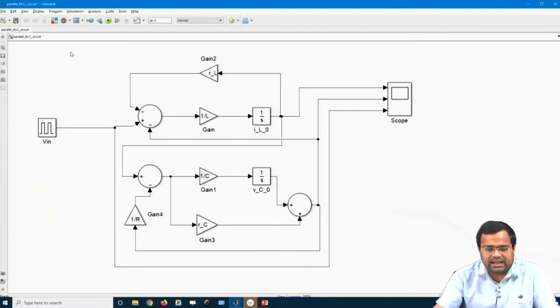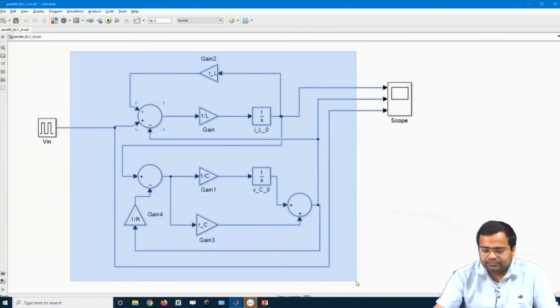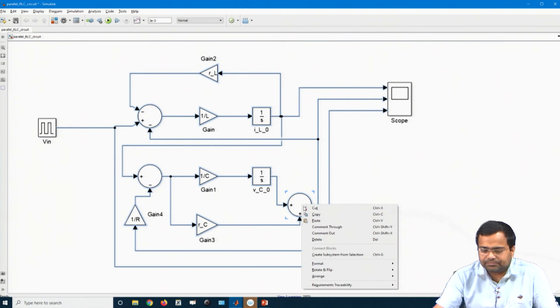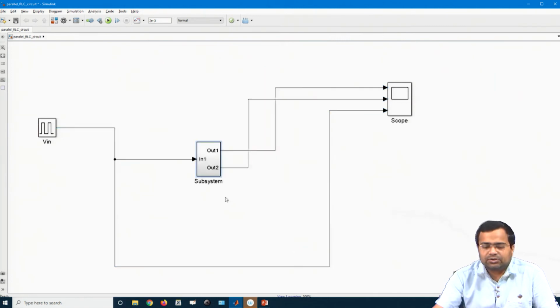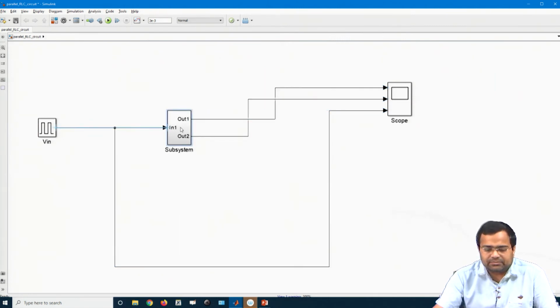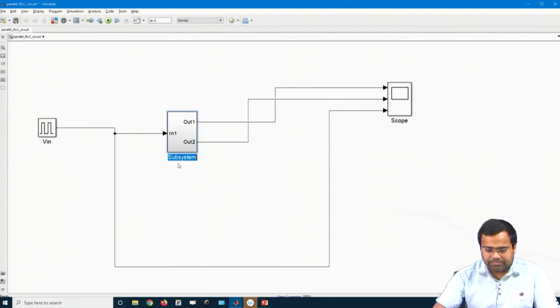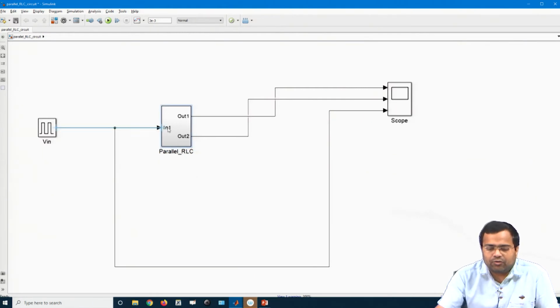So, we first select this block and make a subsystem, create subsystem. Once we create the subsystem, then we need to name it parallel RLC block. Okay. Now, we go inside.